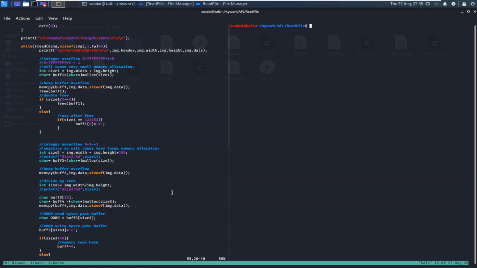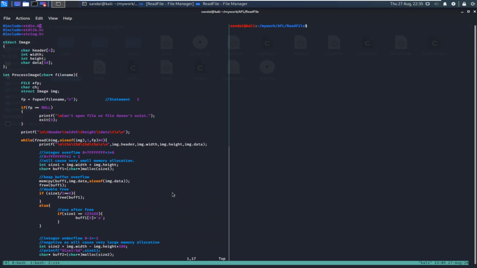So as you can see on my right screen, I have this program opened. This is basically an imaginary file format which we have created. It follows the structure: there is an image, so it starts with a header which is img. Also, I have not added any checks as of now in the program. Maybe in the future I will add this. And then there is a width and there is a height. Both of these are integers. Then there is some data which is 10 bytes. The header is 4 bytes.